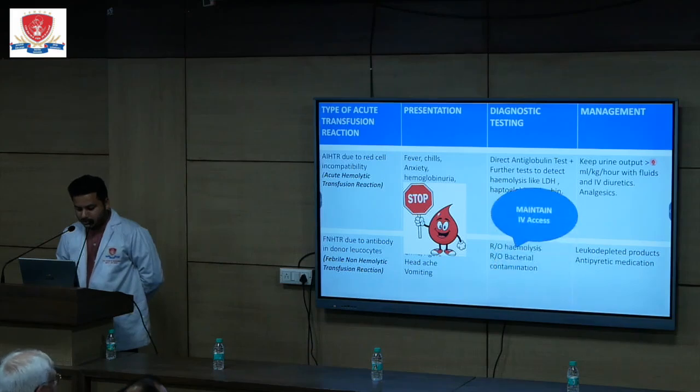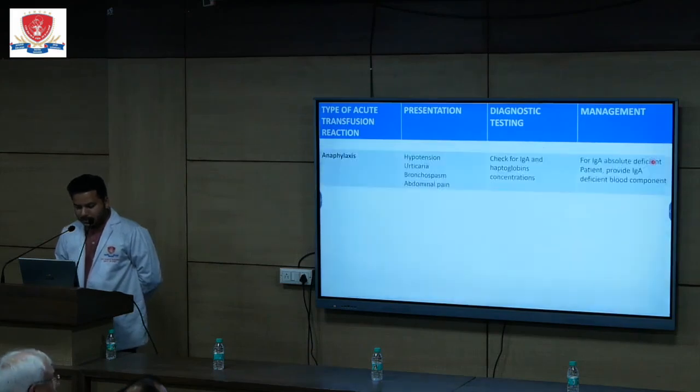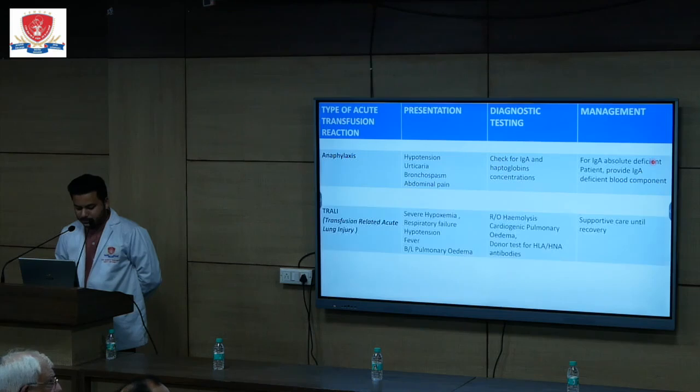Then we have the anaphylaxis reactions, in which we see hypotension, urticaria, bronchospasm, abdominal pain. Diagnosis is checking for IgA and haptoglobin concentration. Management for IgA absolute deficient patient, we should always provide IgA deficient blood components. Then we have the pulmonary involvement, TRALI, transfusion-related acute lung injury,